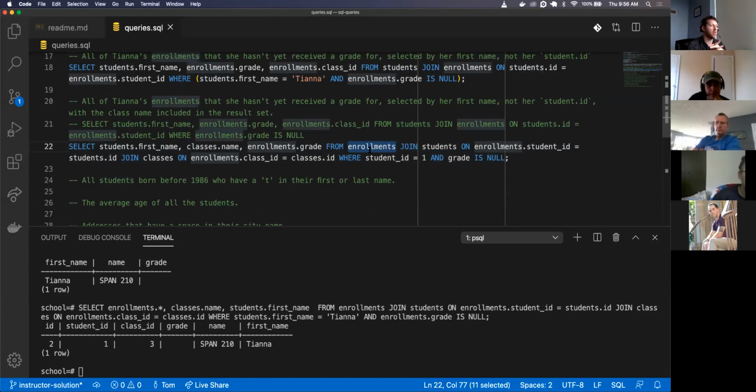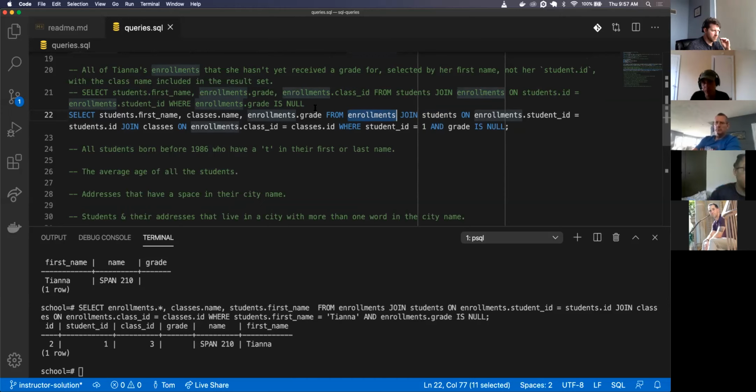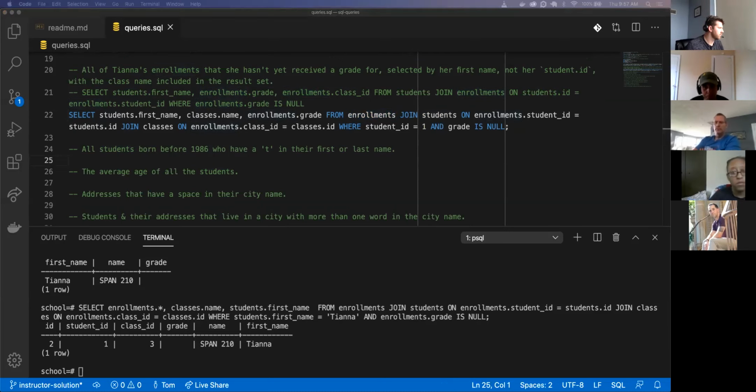The way I approach it, most of the information we need is from the enrollments table, so I put that on the left, and then add the foreign keys, students and classes, which are the foreign objects to the enrollments table. The main table I'm working from is enrollments, and I attach the other tables I need to complete the enrollments information. Cool, thanks.